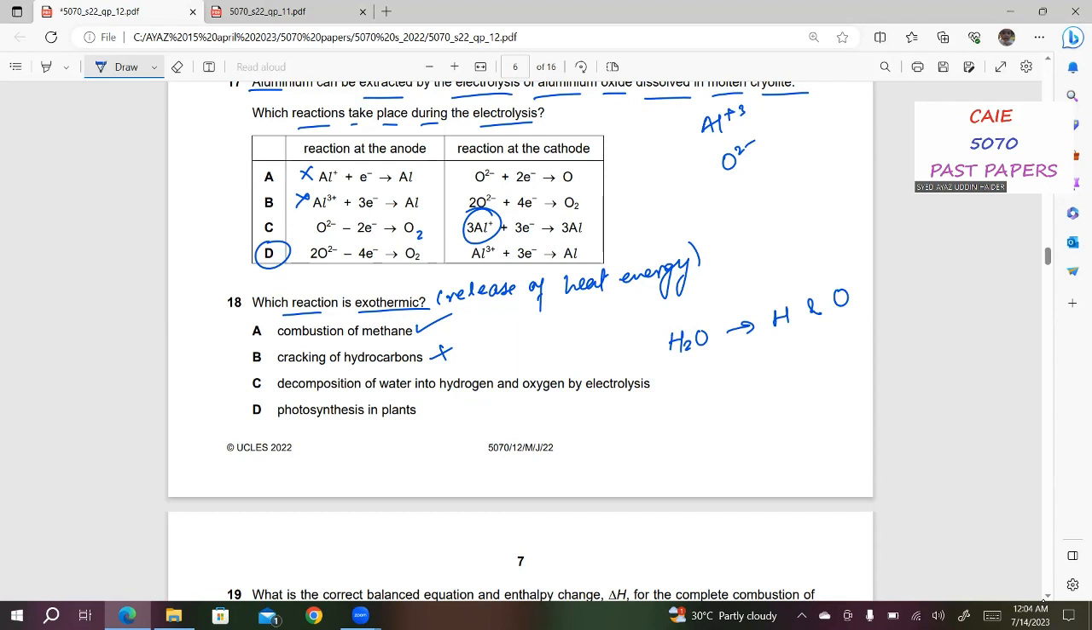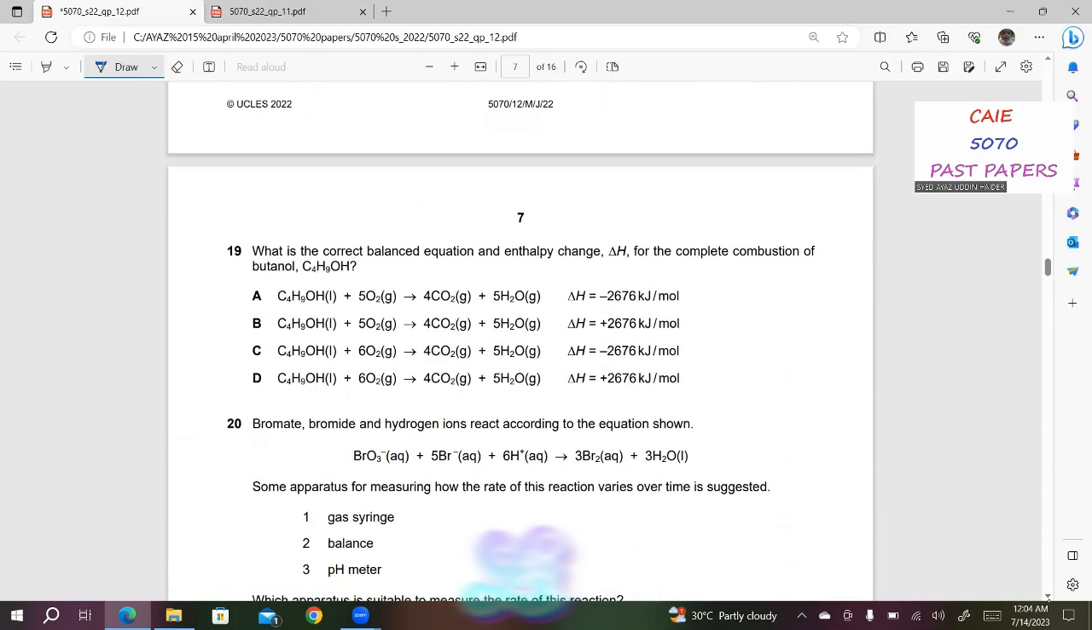So it is also endothermic, because it takes in energy. D, photosynthesis in plants. This is an endothermic process, because the plants make their food in the presence of light, which is photosynthesis. 19. What is the correct balanced equation and enthalpy change delta H for the complete combustion of